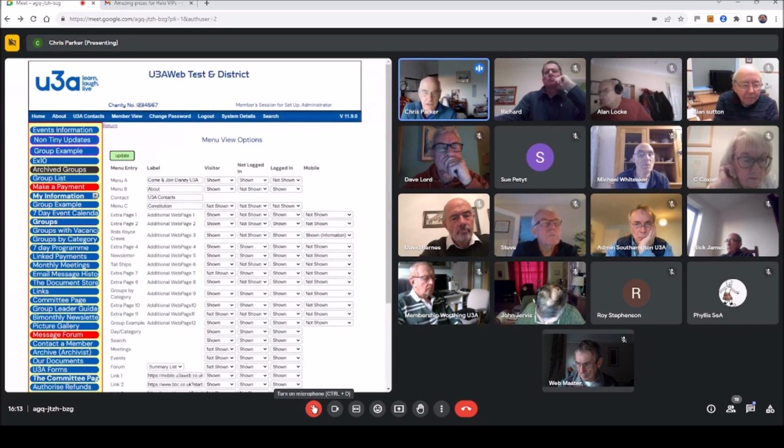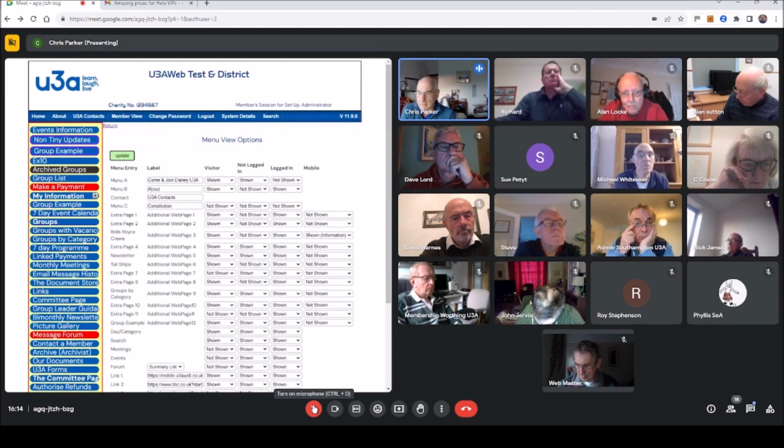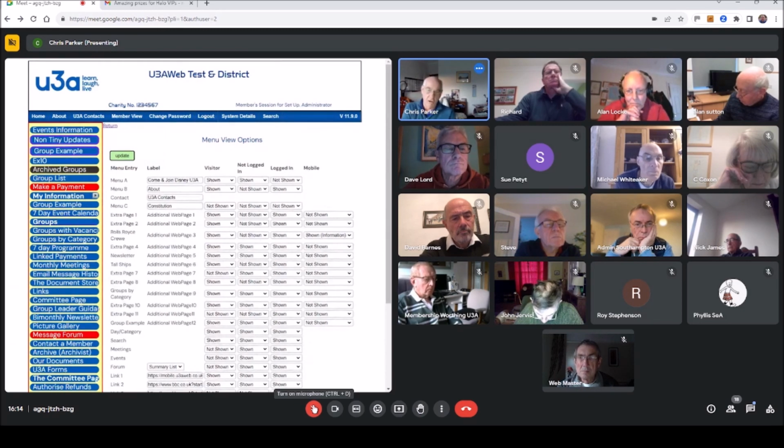So this is the horizontal menu bit. This is the bit that is to do with the horizontal menu. The 4 first entries, which are called menu A, B, and C, plus contact, and then plus, this is confusing a little, day/category and search a little bit further down. So they all fall into the horizontal menu bit. This is where you can name the various items that are along here.